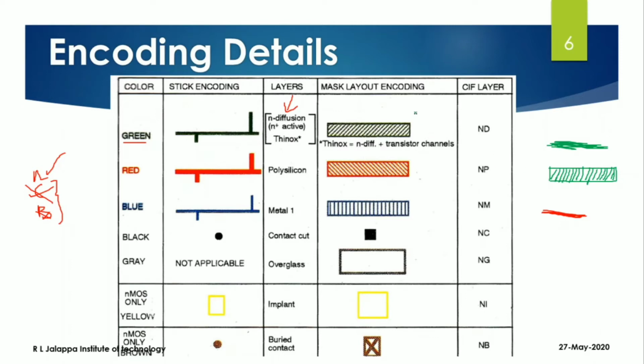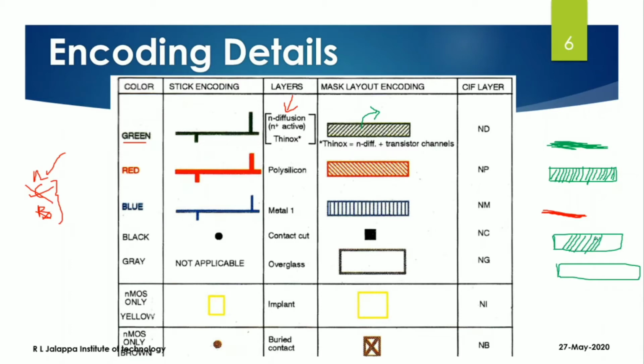Now, why do you require these patterns here? These patterns are required when you write the structures using monochrome colors. For example, in the examinations, you won't be allowed to use all your color pens. You have to use only black ink. Then, if you write the structure as just an empty box, what layer is it? It may be P diffusion, N diffusion, metal 1, metal 2, anything. So we pattern them inside, we give some structures inside. So this is N diffusion.